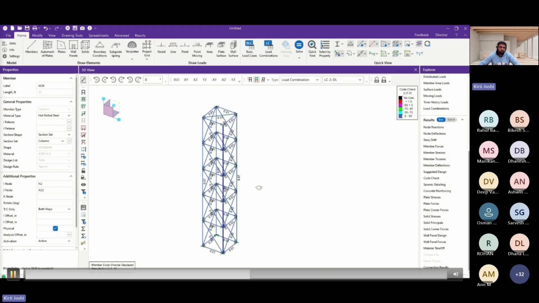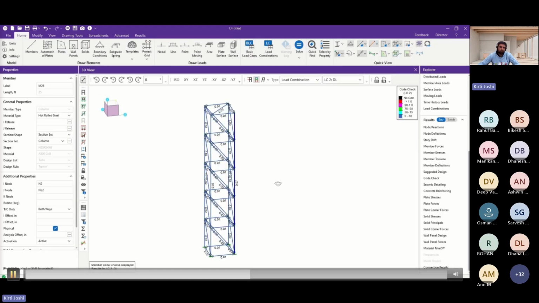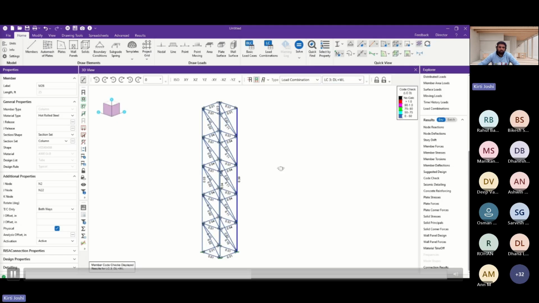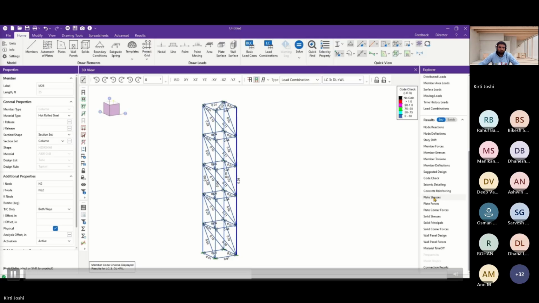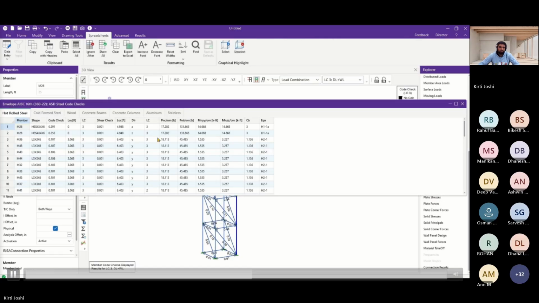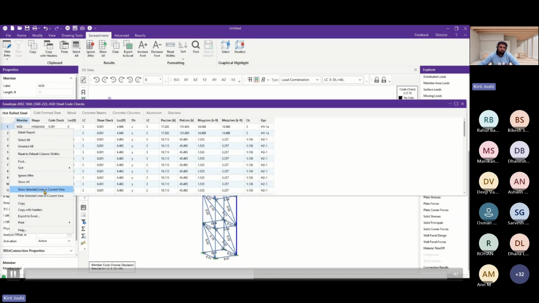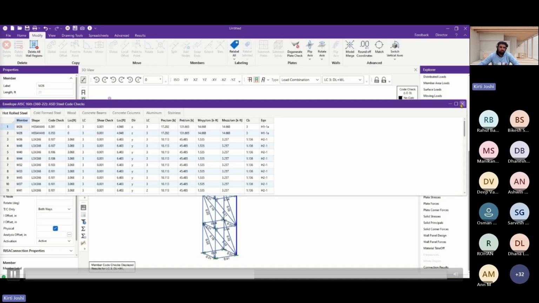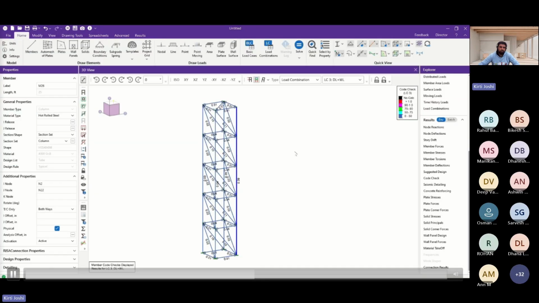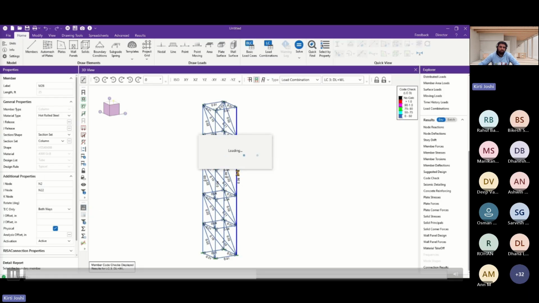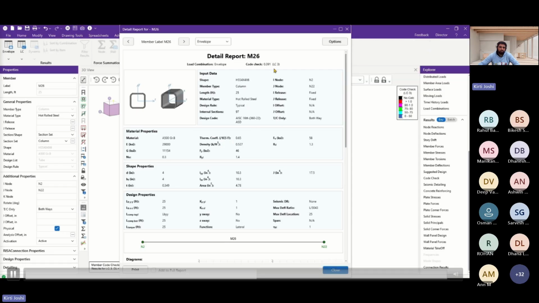We can display the code check values in our model graphically for our particular combinations. You can see the code check value for this particular member is 0.39. If you click on selected, it will highlight in the graph by the blue symbol, and it is 0.39. Once you click on detailed report for that particular member, it will generate a detailed report for that member,